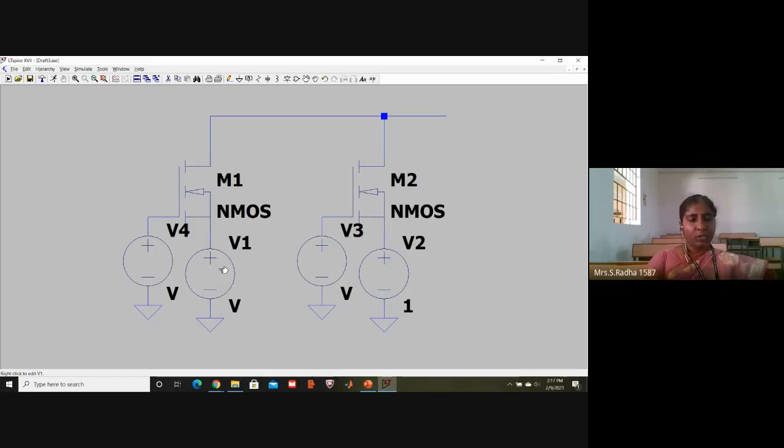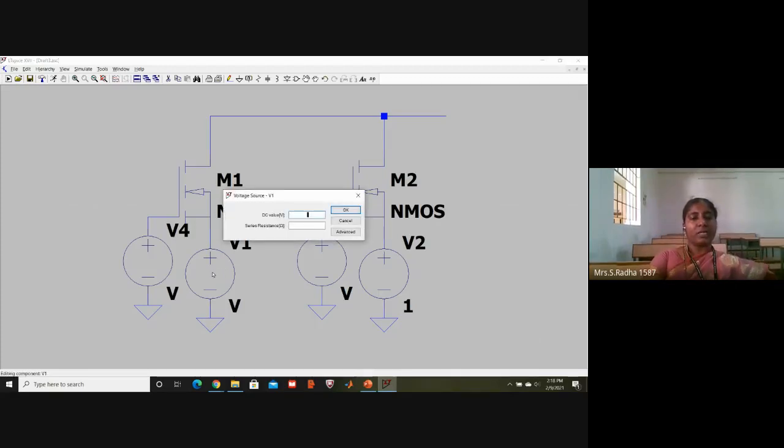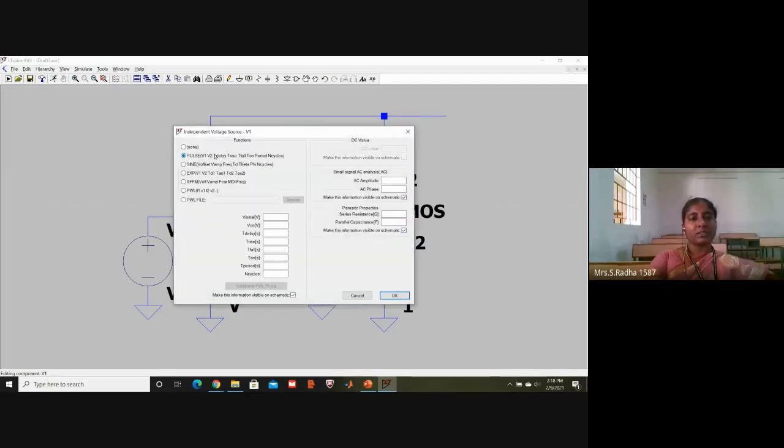So now you can note down the specifications I am going to give. For A, right click when the hand symbol comes, go to Advanced, then Pulse. 0 is the initial value and 5 is the on value, the voltage levels: 0 volts and 5 volts.